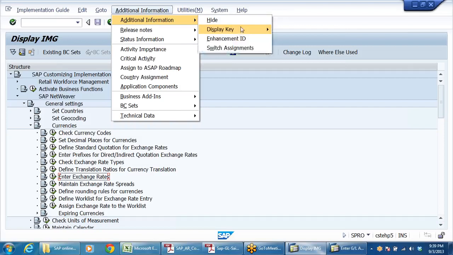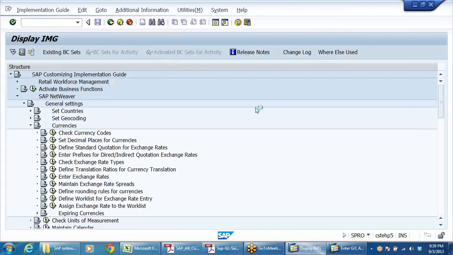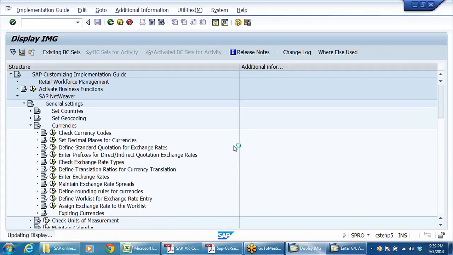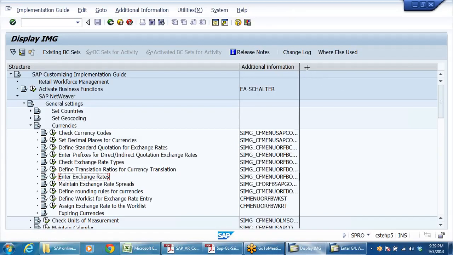Additional information, play IMG activity. Right, OB08 is the T code. Enter exchange rates.